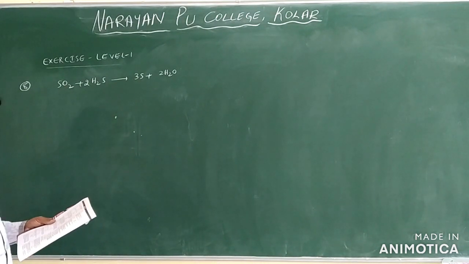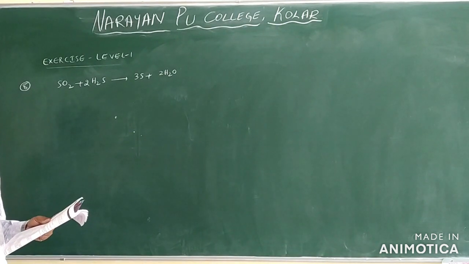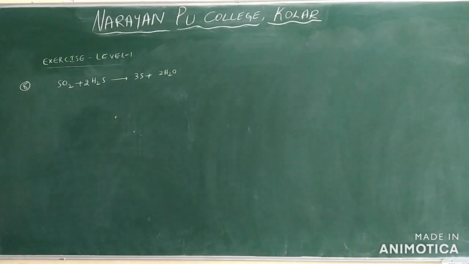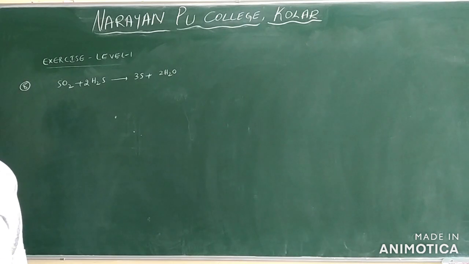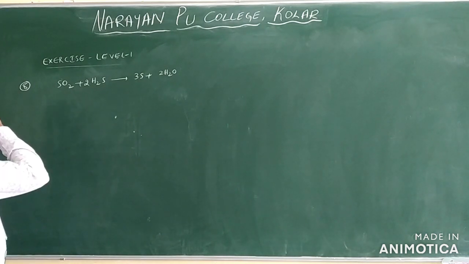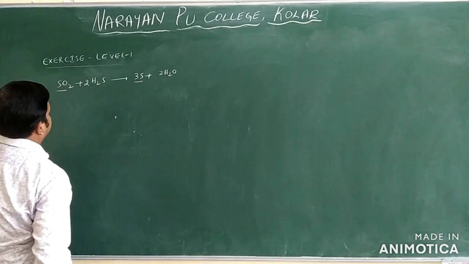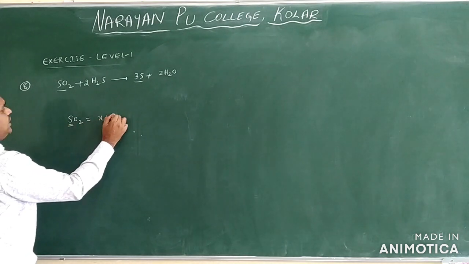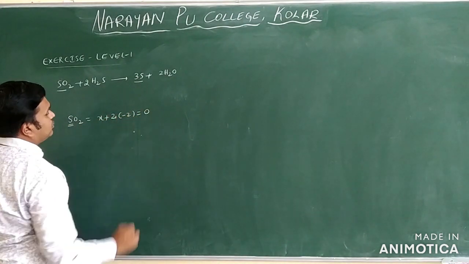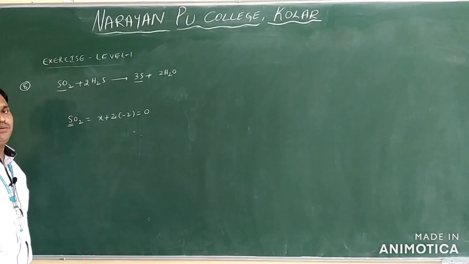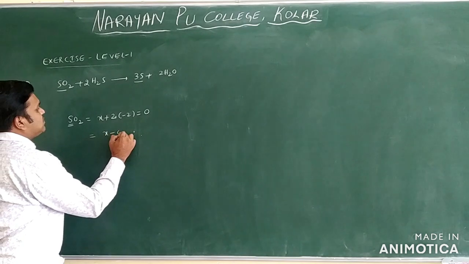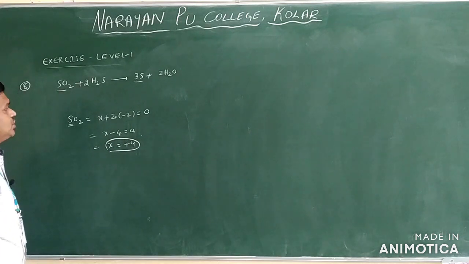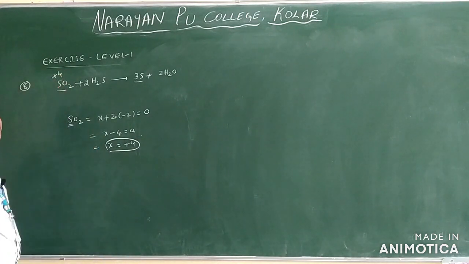Now what they are asking here: in the following reaction, which choice has a value twice the equivalent mass of the oxidizing agent only. We have to find out first what the oxidizing agent is, then you can find the equivalent weight of the compound. Clear? So here SO2 is there and here S is there. First you find the oxidation number of sulfur in SO2. Sulfur X you take here, X plus 2 into minus 2 is equal to 0. I already told you the oxygen oxidation number is minus 2. From this you write X minus 4 is equal to 0, so X is plus 4 only. So the sulfur oxidation number is plus 4 only.